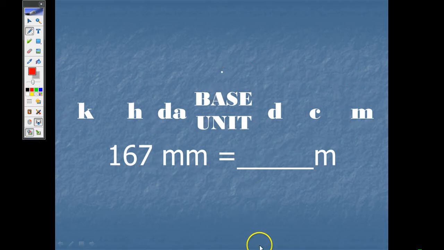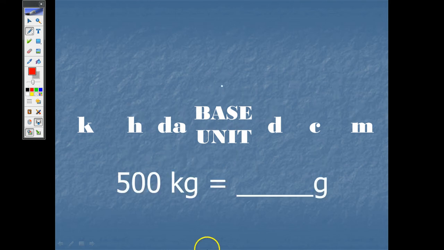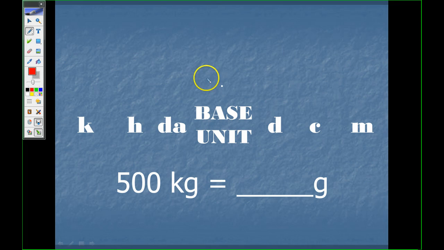Number 3 is 500 kilograms is how many grams? Once again, cross out the G's. We are starting at K. We are going to the base unit because there's nothing in front of the G. So we're going here. We move 1, 2, 3. If we move that decimal point 3 to the right, 500 becomes